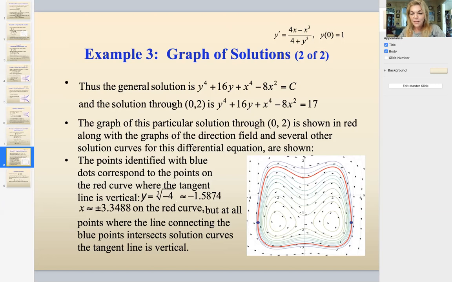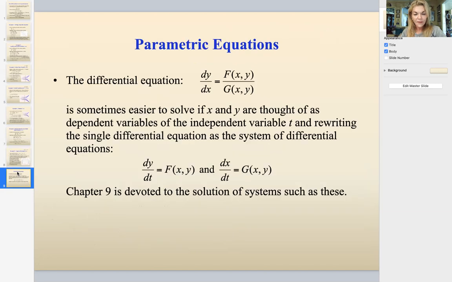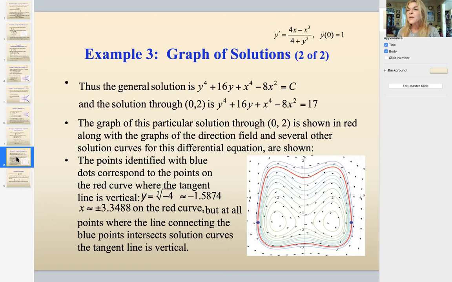And if you plug into this solution and look at the corresponding x values that you get, that's about 3.35 plus or minus. You get 2 because it's an even polynomial in x. Okay, so those are those 2 points that they plot. That's where the tangent lines of the solution become vertical. Okay, we're not going to go on to that. So basically,